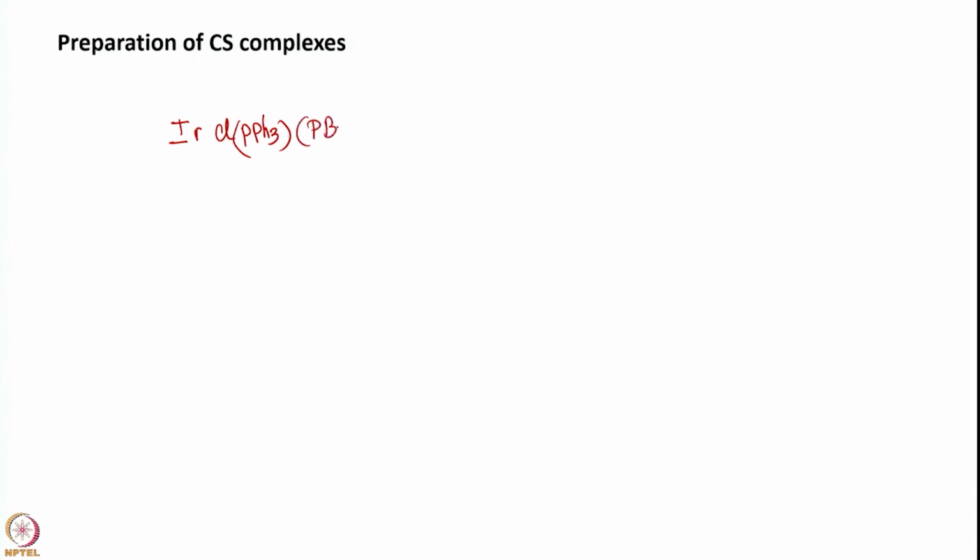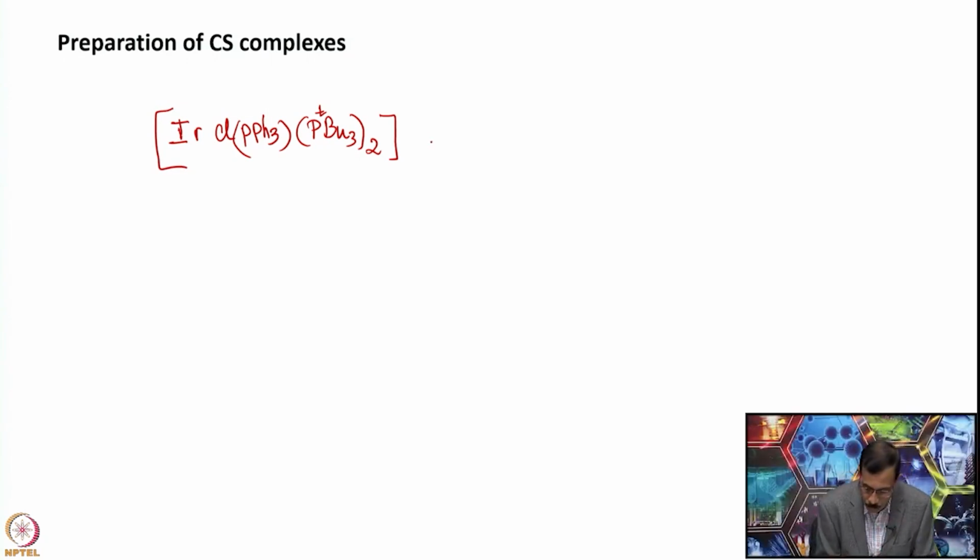I have deliberately taken two different types of tertiary phosphines here. When you take this iridium tertiary phosphine chloride compound, iridium in +1 state, and treat this one with carbon disulfide,